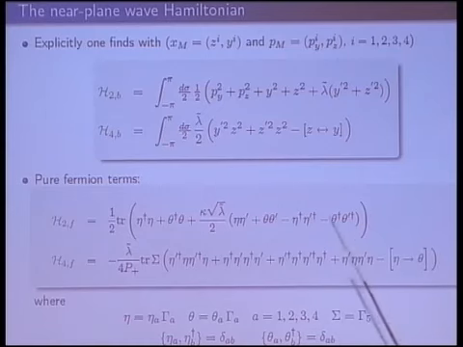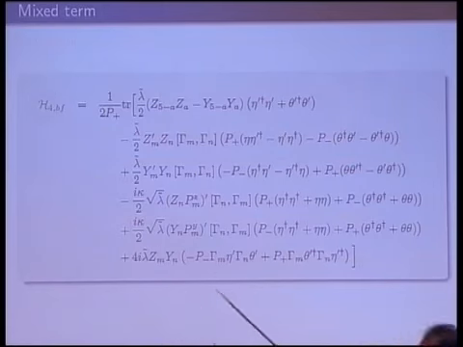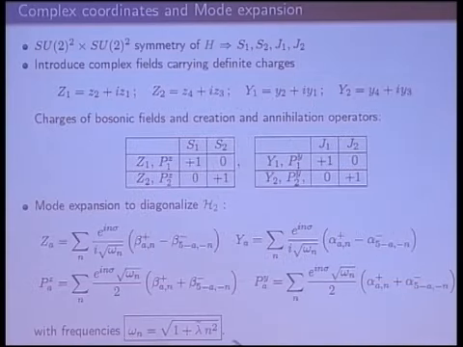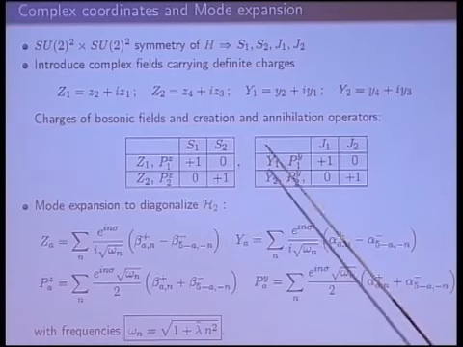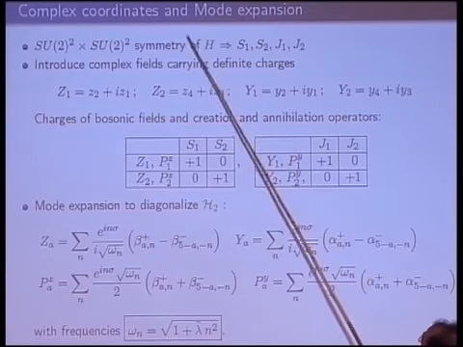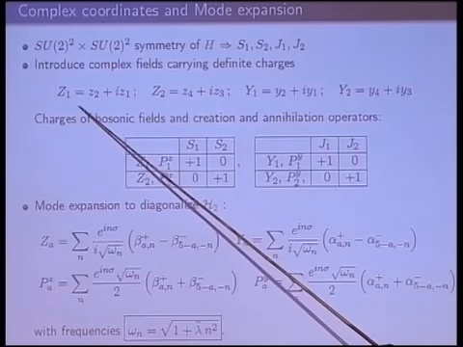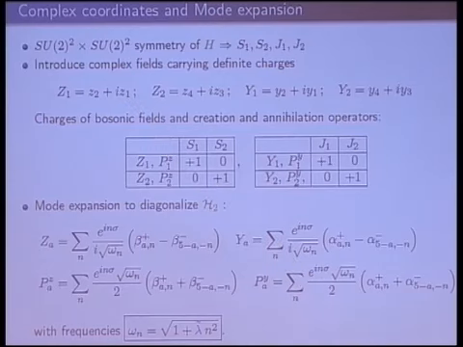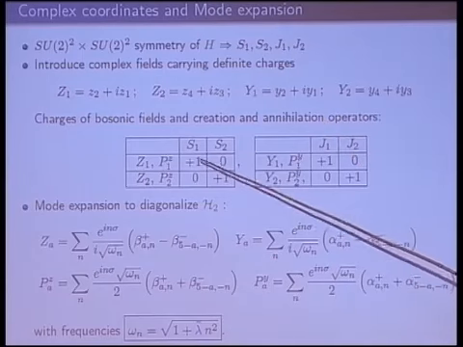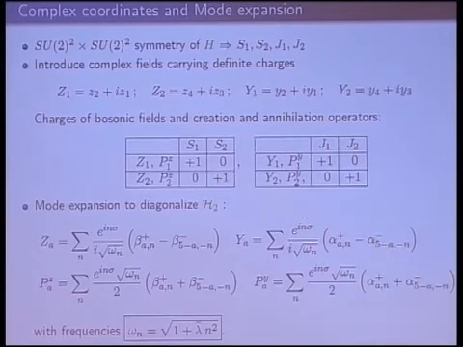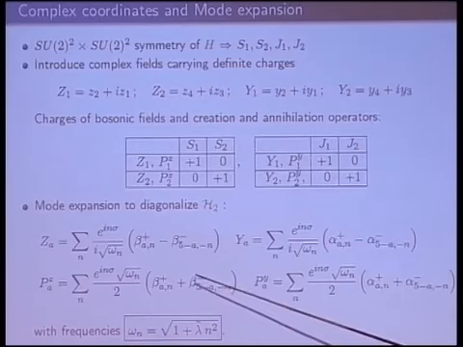And the mixed term, 2 Bose, 2 Fermi, is more involved, which I just spell out here. Okay, so now you can go ahead and perform a perturbative quantization. But in order to do this, it's good to change variables once more and go into complex fields for the transverse bosonic degrees of freedom, because they will then carry clean charges under S1, S2, J1, and J2, which are spelled out here. And then you diagonalize H2 by going into a mode expansion, so you have alpha and beta modes,